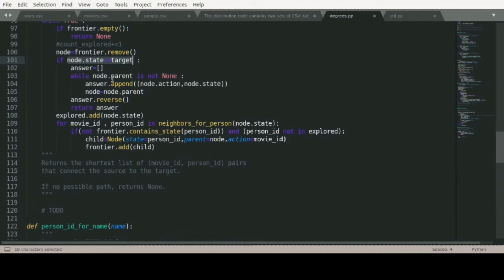So if I reach the goal, then every node has some action and parent, so I just backtrack and find the degree of separation, like find the path from which they are connected. So after that I reverse the answer and simply return that answer. So if the node is not the goal node or target, then I add that node to the explored nodes,